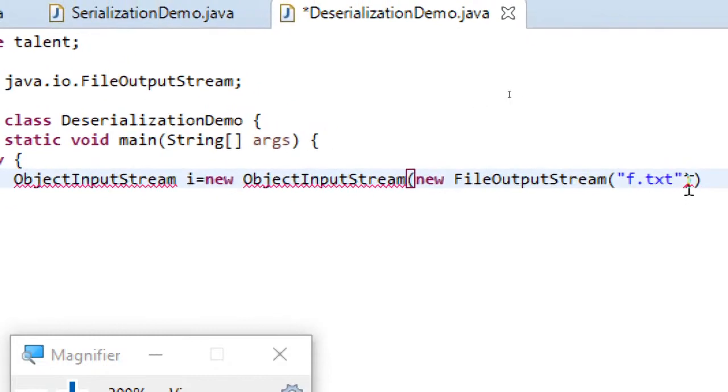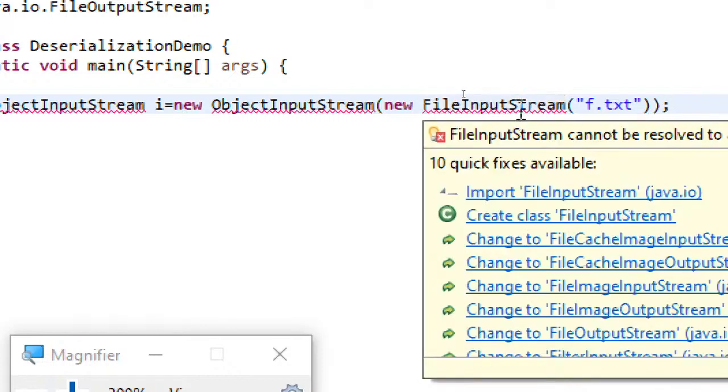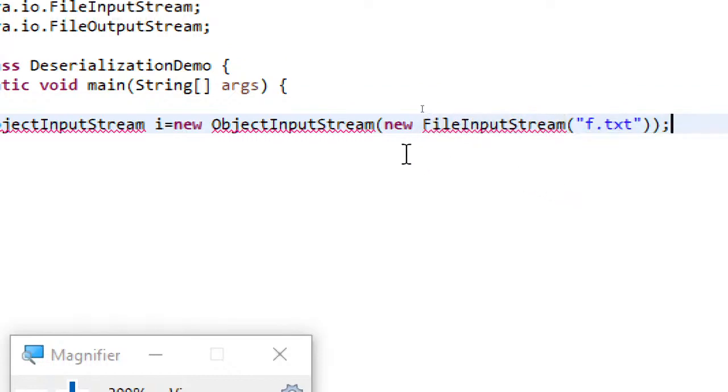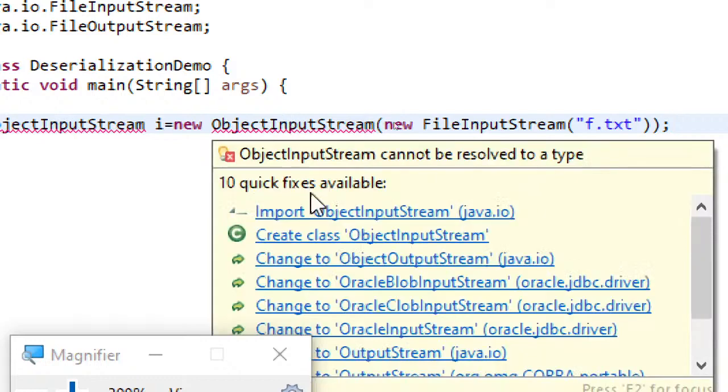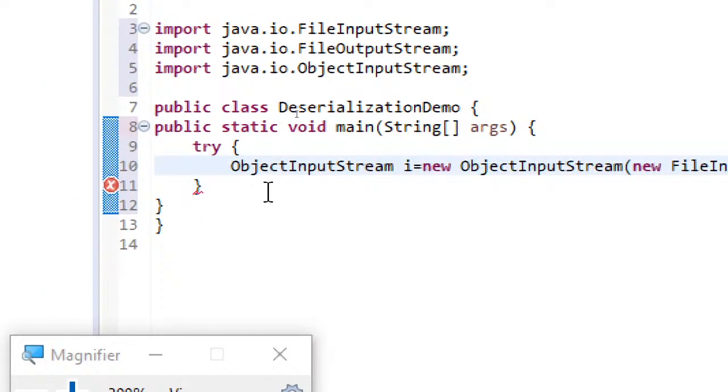But instead of saying file output stream, we will just say file input stream. And then it should end with a semicolon. And then this has to be imported, and similarly object input stream also has to be imported.